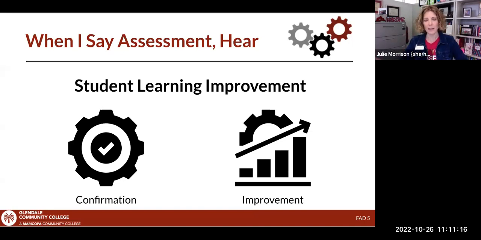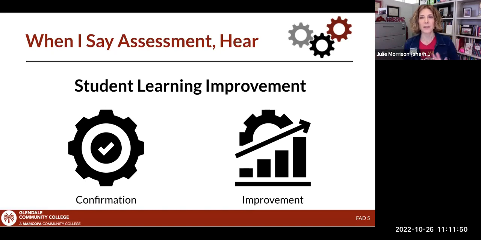So every time any of you interact with a student, whether it's in a one-on-one or maybe in an activity you're doing, you're looking for confirmation that they're getting the information. But we also know that sometimes they're not getting the information and there's space to improve. And so the focus of what we're trying to do here in CARD across all of the areas of the college, academic affairs, student affairs, co-curricular, in the classroom, out of the classroom, is improvement. How do we help students learn something that's going to allow them to be more successful?